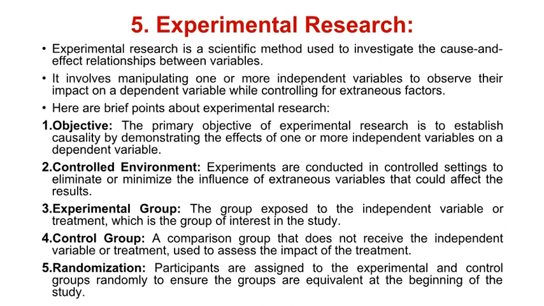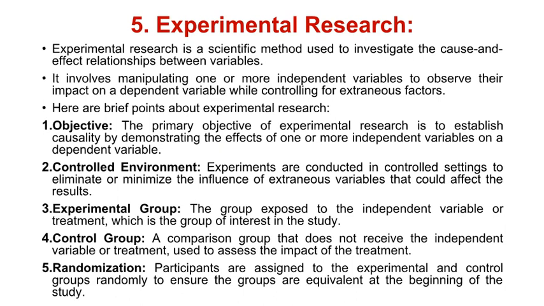1. Objective. The primary objective of experimental research is to establish causality by demonstrating the effects of one or more independent variables on a dependent variable. 2. Controlled environment. Experiments are conducted in controlled settings to eliminate or minimize the influence of extraneous variables that could affect the results. 3. Experimental group. The group exposed to the independent variable or treatment, which is the group of interest in